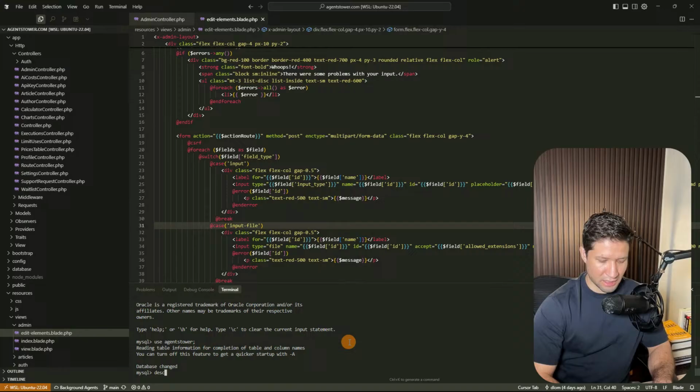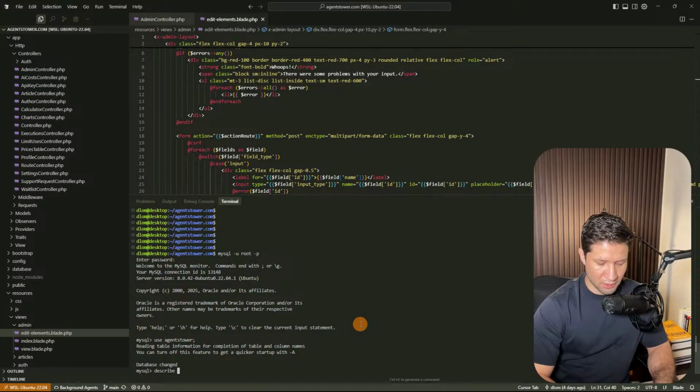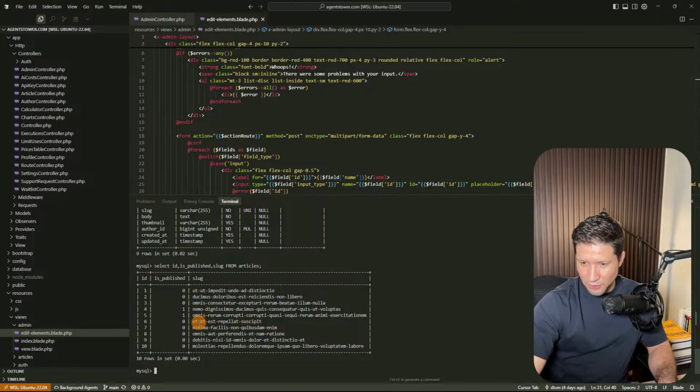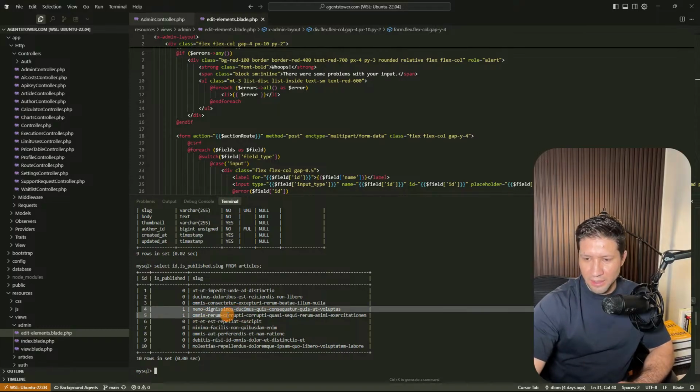So what I'm going to do is see the articles table. So, describe articles. Okay, so let's select ID, published, and let's do the slug, from articles. Okay, so as you can see, we only have 2 articles that are published, are the ones